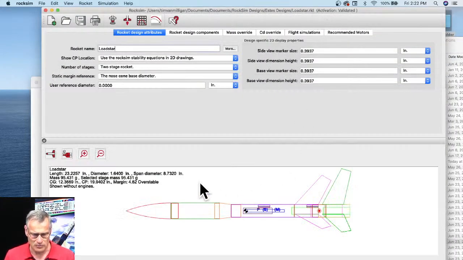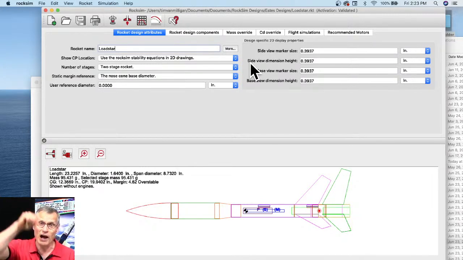So here's my rocket. I got this Lodestar, and RockSim is telling me that the mass is 95 grams, and you weigh your rocket, and it weighs 100 grams. How can you account for that difference in mass? This is important, because it has a big effect on the altitude of the rocket. So the quickest way, but the least accurate, and I mean not accurate as far as how high the rocket flies,